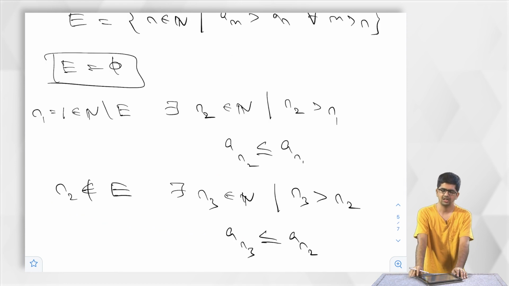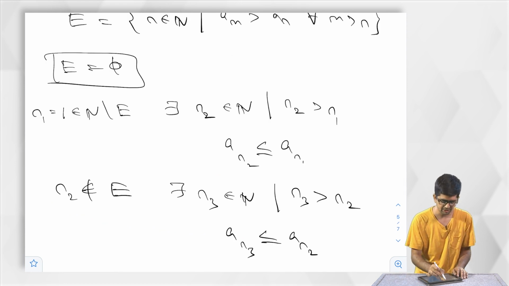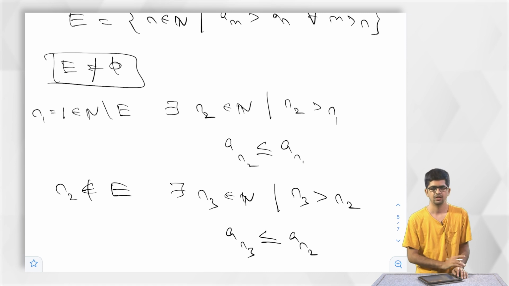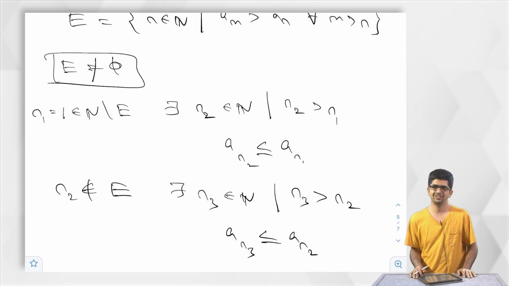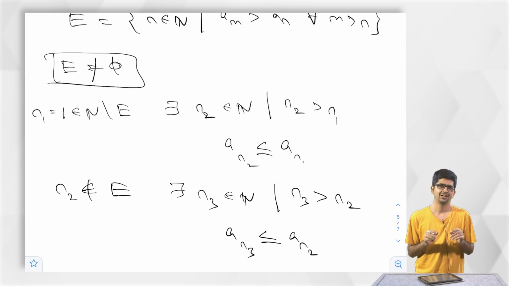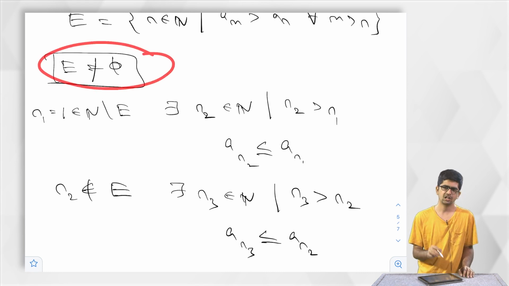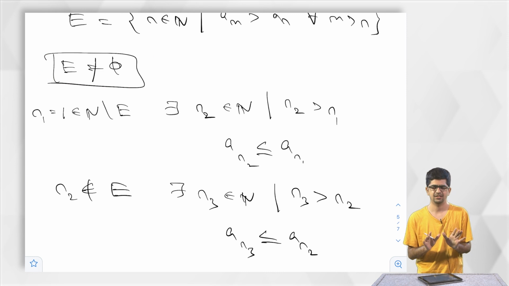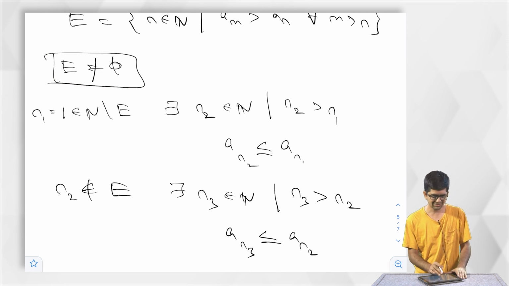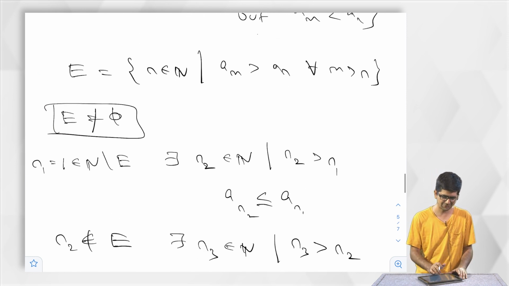Now, let us assume that E is non-empty but finite. We will increase the complexity by degree 1 for each step. Previously it was empty, now it is non-empty but finite. Now how do I start it? I do not even know how to start.